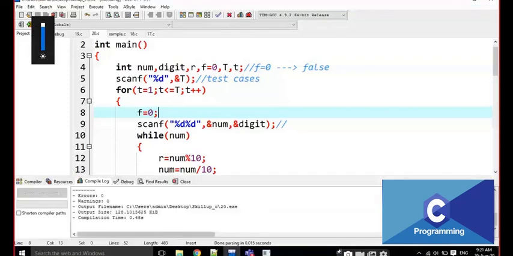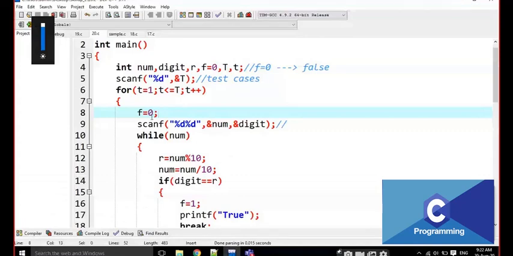Now I'm going to write the logic here. For example, two test cases. 1, 2, 3, 4 is the input, and the digit is 2. It is going to print like this. And the number is 1, 2, 3, 4, and the digit is 8. It is going to be false here. There is a very small difference when we are dealing with the test cases here. What is it? Some adjustment variables, all the adjacent variables, we have to modify again.